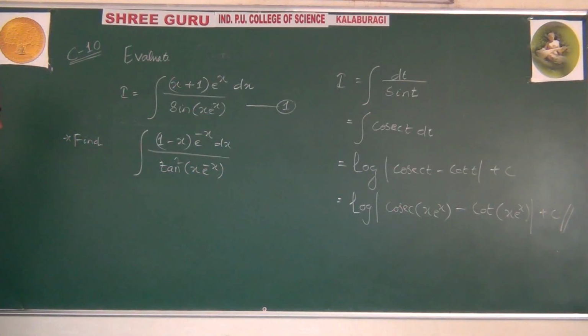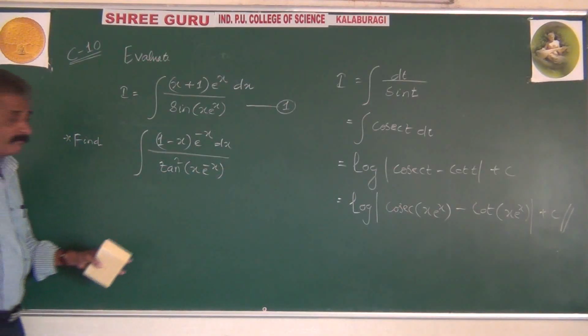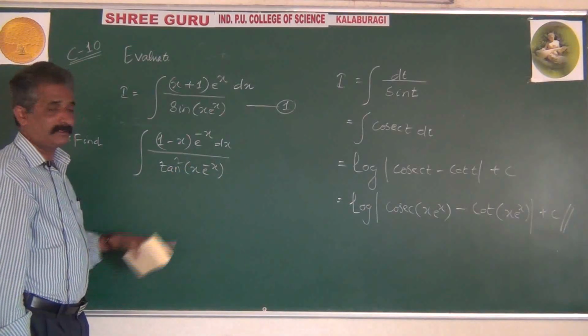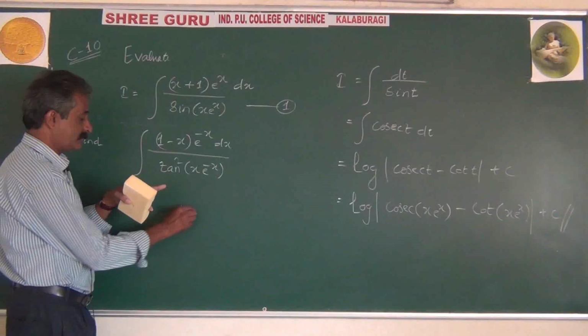You can expect that easily. In this problem, we have to put t equal to x into e power minus x. So when this is taken as substitution,